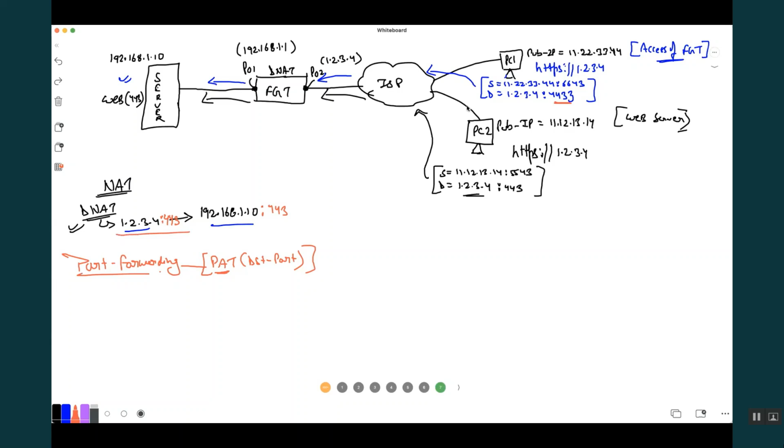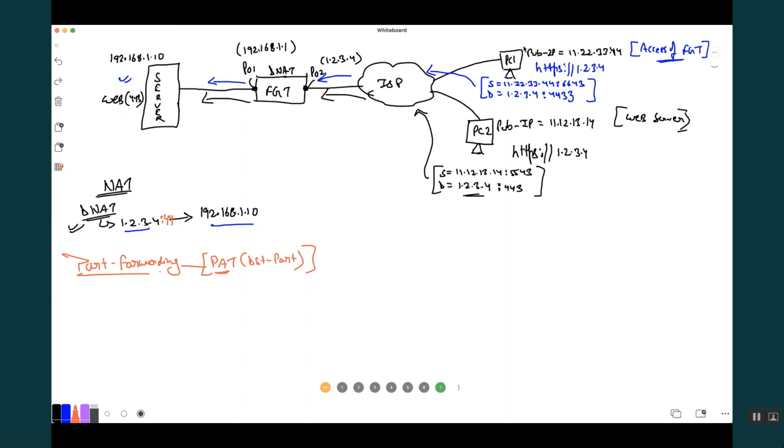So the firewall will say, I do not have to translate this IP. Who is this destination? 1.2.3.4. The firewall will say it's me, and he wants to access 4433. As per your configuration, if you have set the GUI access on 4433, the firewall will send you a response and you will get access to the firewall. Clear?